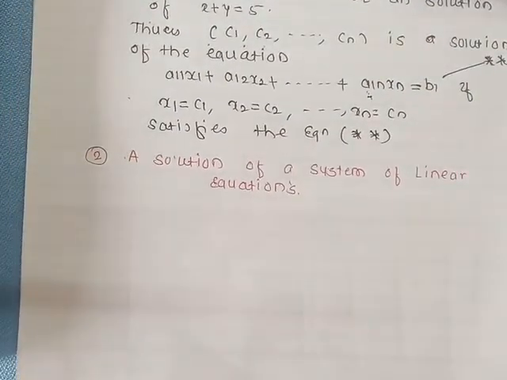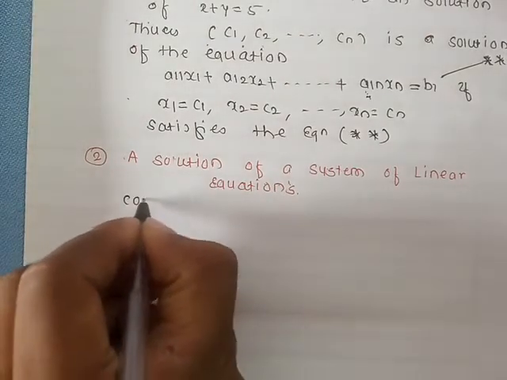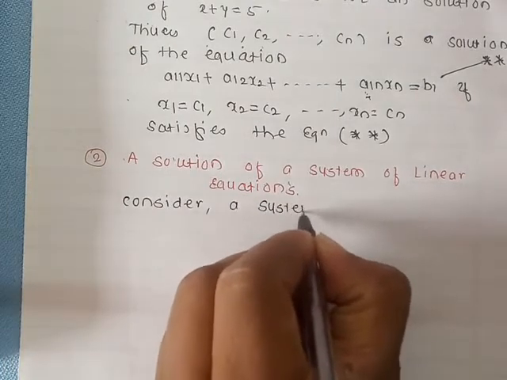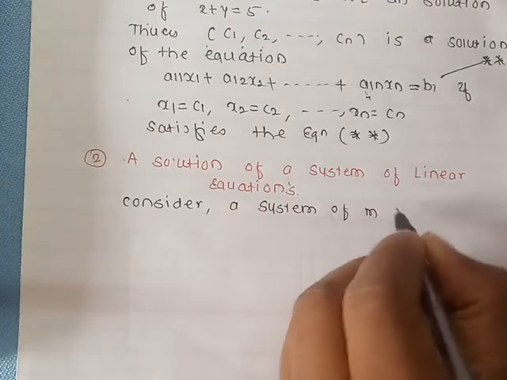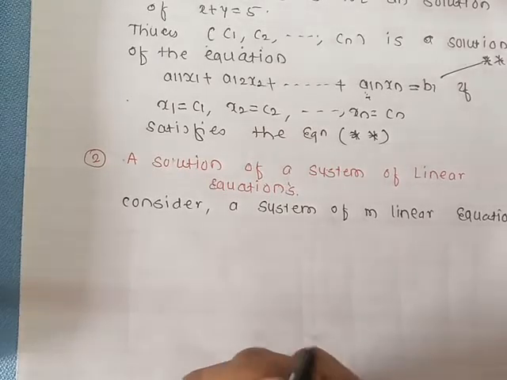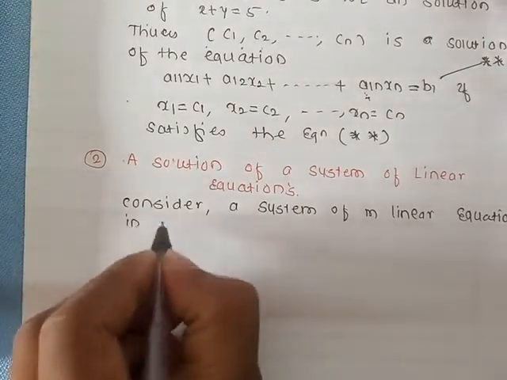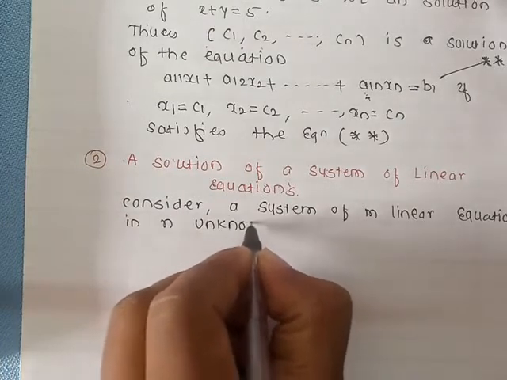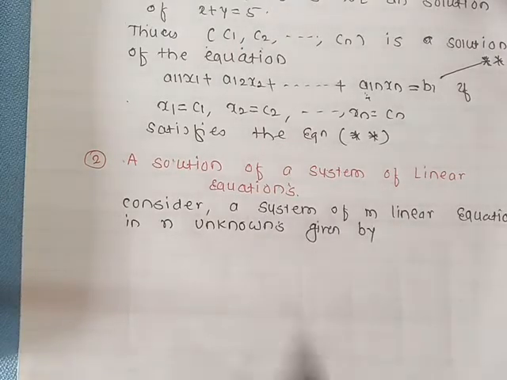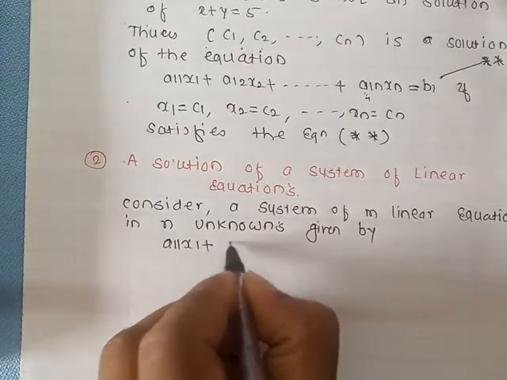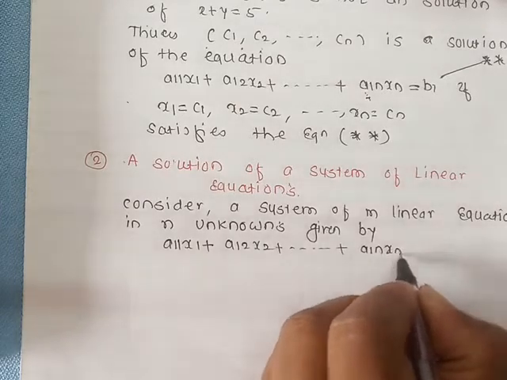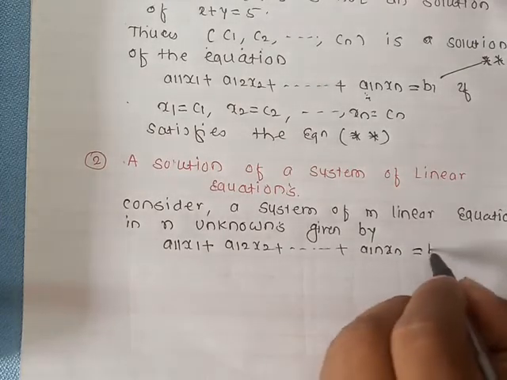Consider a system of m linear equations in n unknowns given by a11x1 plus a12x2 plus up to so on a1nxn is equal to b1,